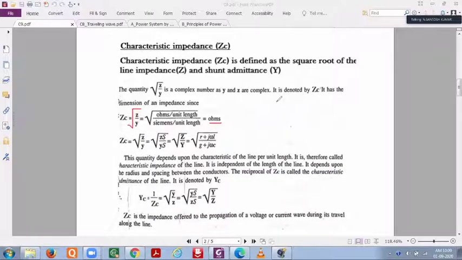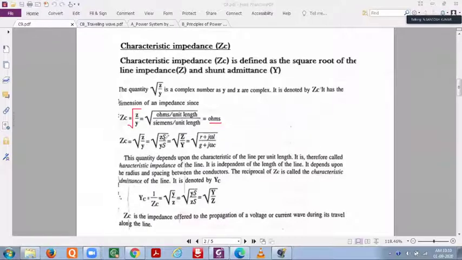Fine. Here the main idea is, as your transmission line has RLCG, how are they acting when the wave is traveling in the line? That will be explained by your characteristic impedance. As a sum of those four elements, we are writing it as characteristic impedance. Whose characteristic? The transmission line characteristics parameters.